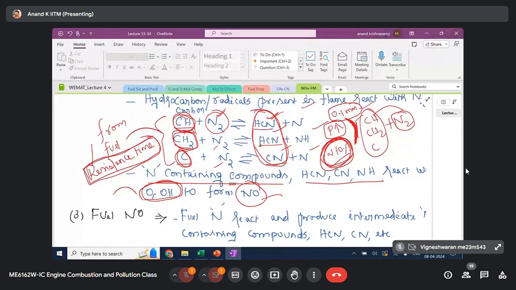Have you noticed the flame zone will be thick? Have you seen any flame under ambient, atmospheric condition? For example, a candle flame or any other flame under ambient pressure and temperature, you could see that the area of the flame is considerably high, right? This is because the pressure is less here.